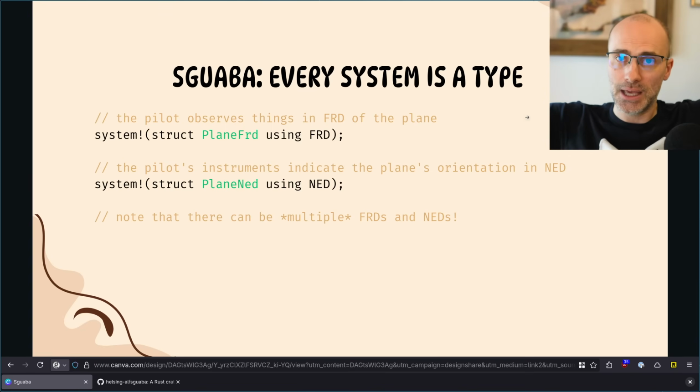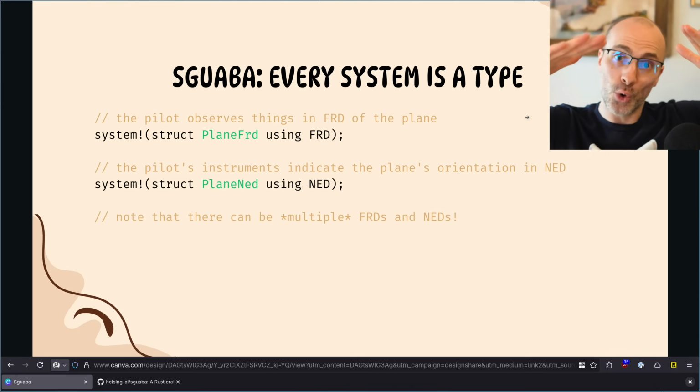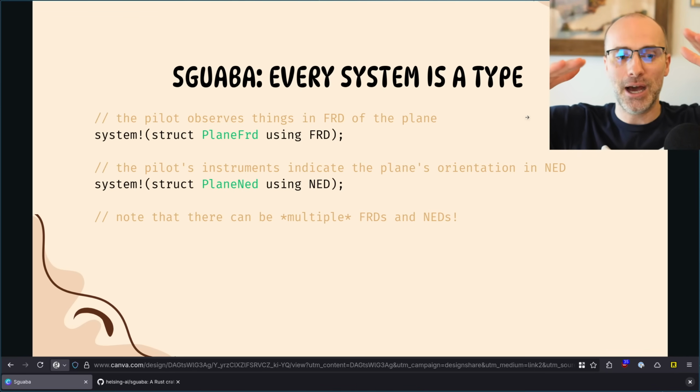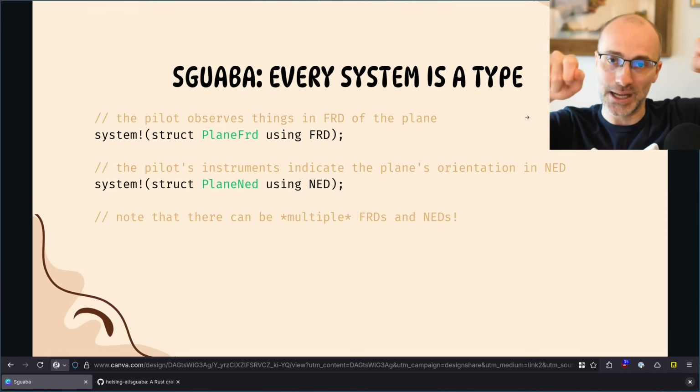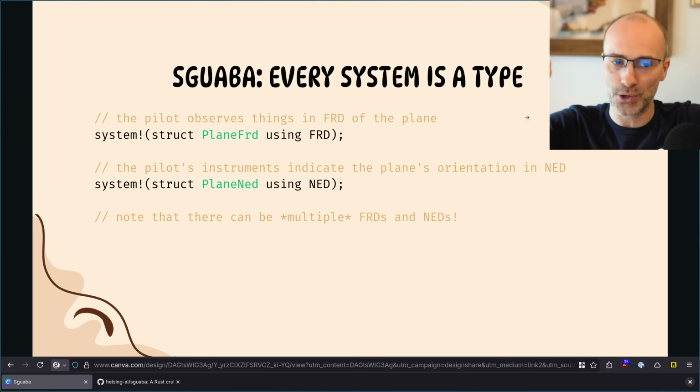Note that the reason you need to do this is because, as I mentioned, on Earth, if you're at 2 different points on Earth, you have different NED systems. Your north is different from this north. And so we need to be able to have multiple coordinate systems and talk about them as different types, so that we know this coordinate is in that one and this coordinate is in this one. And so they're not interchangeable unless we convert between them. Same thing for FRD. If there's a plane over here and a plane over there, they have different frames of reference.